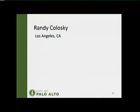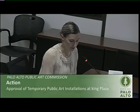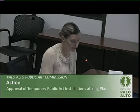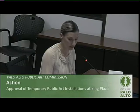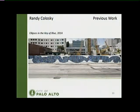statement. As a public artist, I'm enamored with the function of architecture in public spaces. Public artworks are a form of meditative disruption in the landscape, an opportunity to break people out of their routine and focus on something that is optical and contemplative. So Randy works across different media and disciplines. This example was his temporary commission